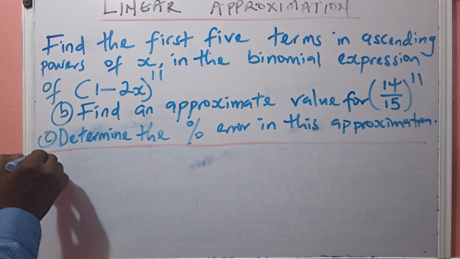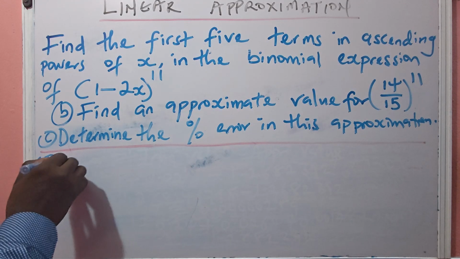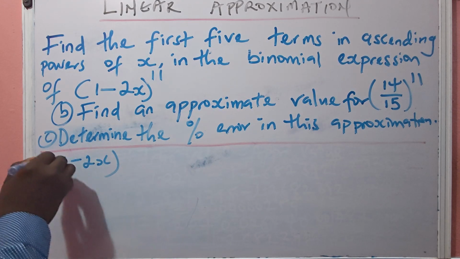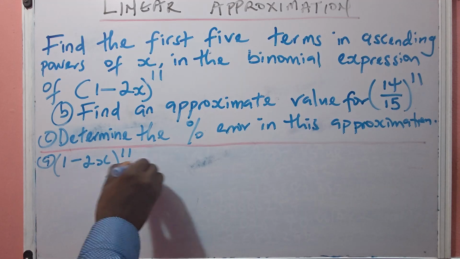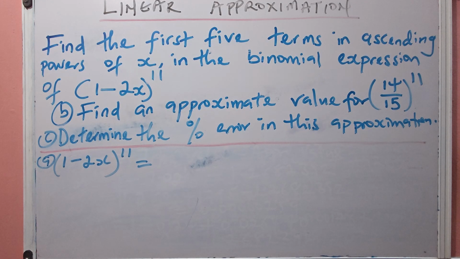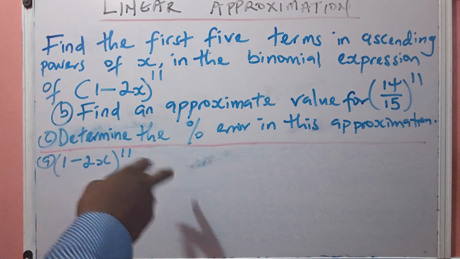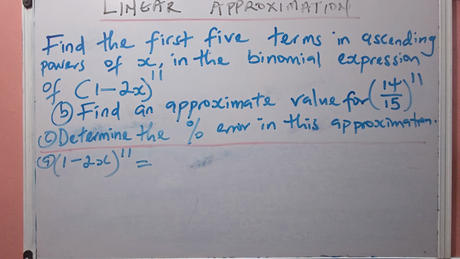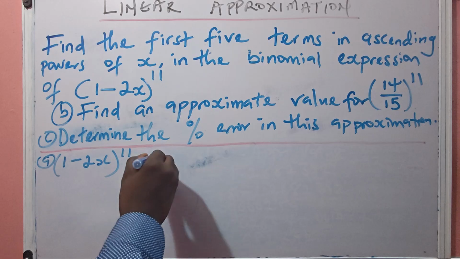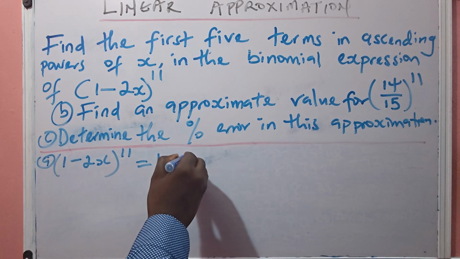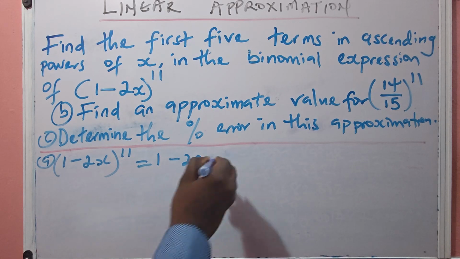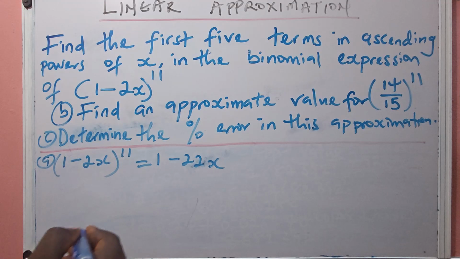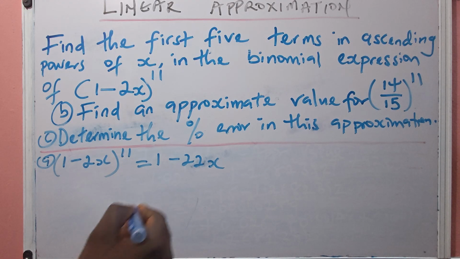All right. So we have 1 minus 2x raised to the power of 11. Of course, I will not be doing so much of the solving because I'm sure we already know how to arrive at those values. So I'll just be giving you the values we got. So what we got here is 1 minus 22x plus 220